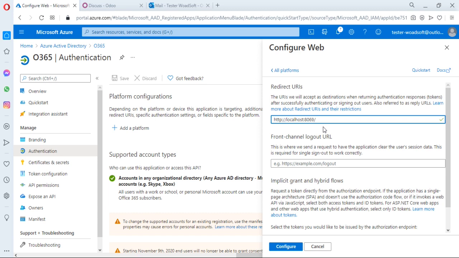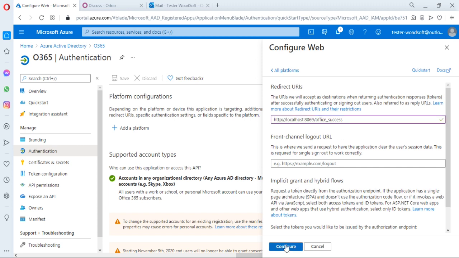You have to add office underscore success. This information is used to identify your request in Odoo. So basically this part may be fixed, and the other part you can vary according to the platform.